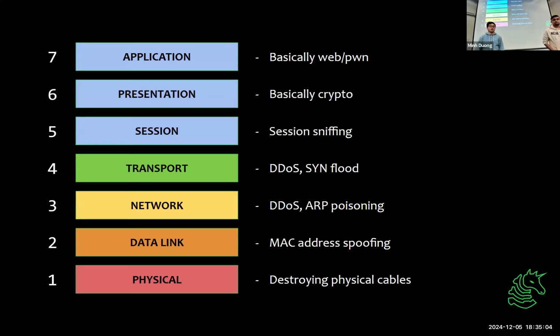And the reason we call this presentation is because the way you present the data in a packet is different from how the application actually receives that data. So cryptography is an example of this. You encrypt your packets. So on a network, you can't see the application layer of data. But when the application actually receives it, it gets decrypted and is presented in that way. So that's why it's called the presentation layer. It's kind of a goofy name, but